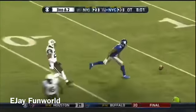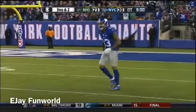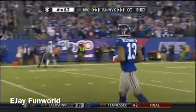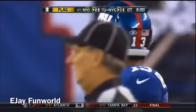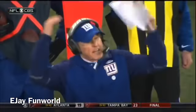Wouldn't this have been a huge play for the Giants after they, of course, get another possession because of the field goal by the Jets? That would have been field goal range and more. A little penalty there, they definitely got to flag it up. So make it 4th and 7. Tom Coughlin says, I'm still going to go for it. And Eli Manning, doesn't he just...